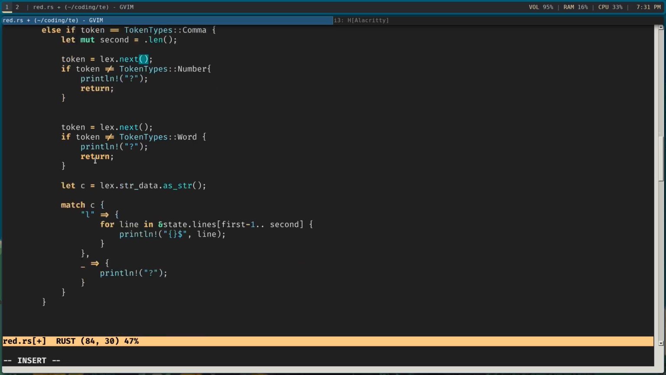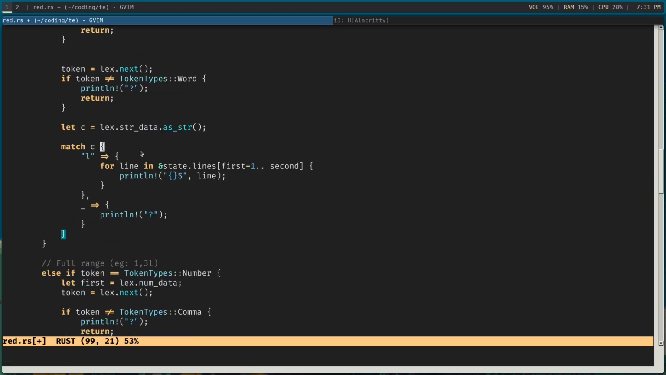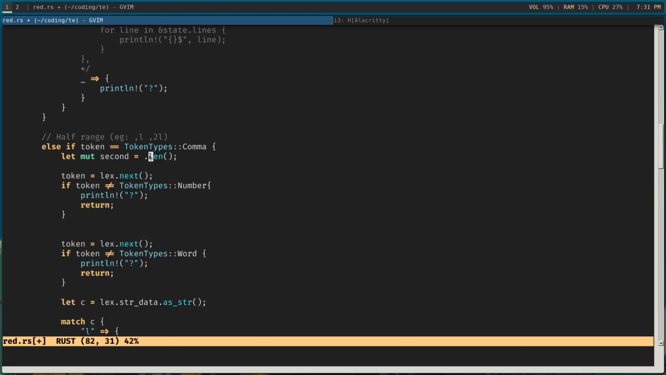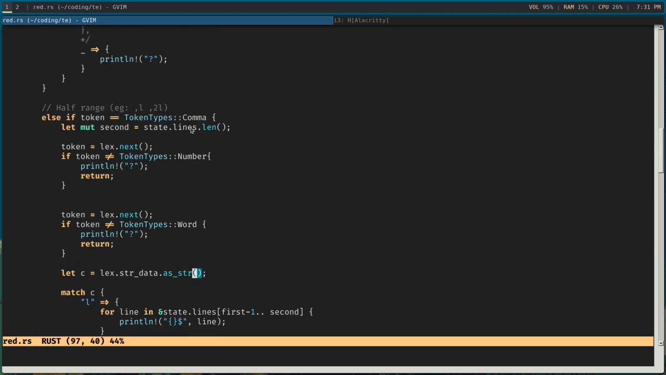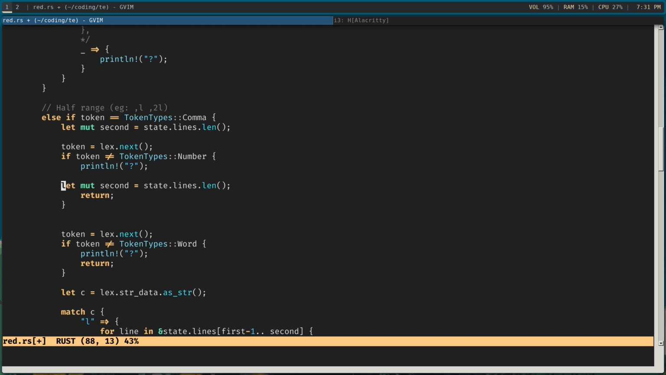Okay, I was just scrolling to see. So it's state dot lines dot length. So essentially, it points to the last line. As we learned from this, the slice ranges are not inclusive, so we need to include the next one. So this is correct. But if we get a number by any chance, we might need to pull the number